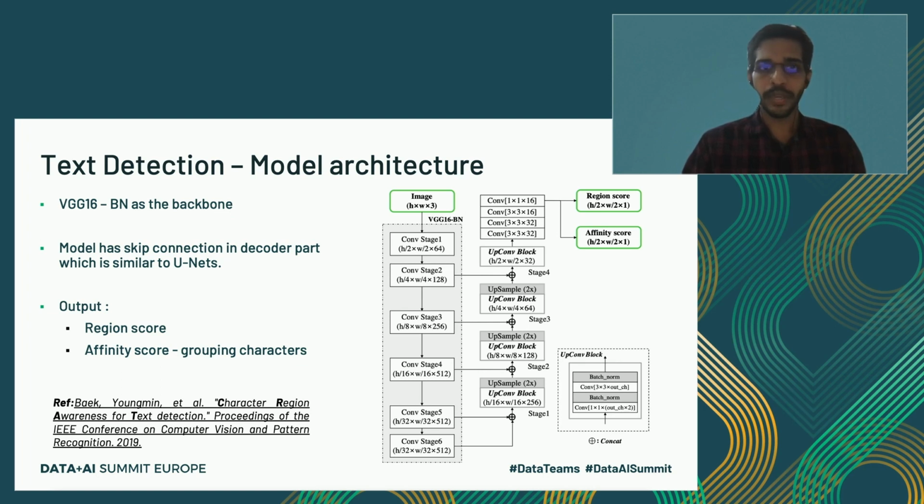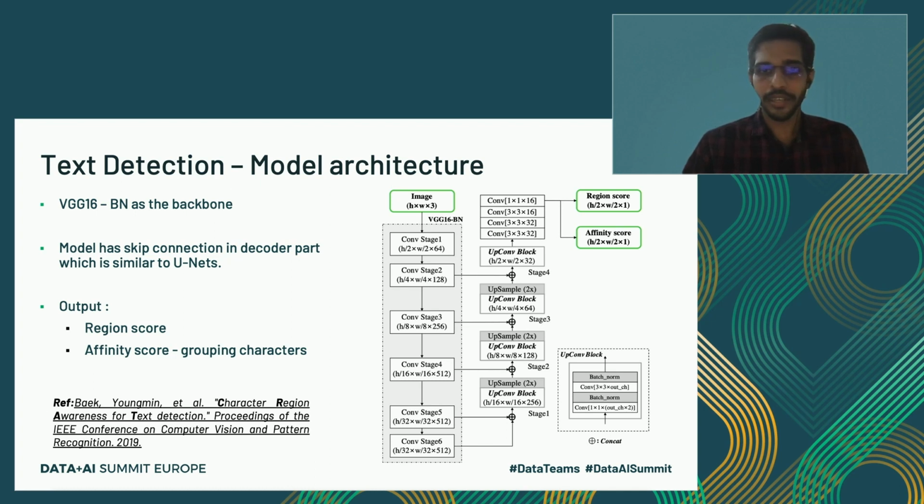Basically, the text detection is achieved at a character level instead of treating the task at a word level, unlike many of the text detection models that are readily available. This is slightly different, since it achieves the text detection task at a character level and then combines the information to form a bounding box at a word level. So it's a segmentation task.